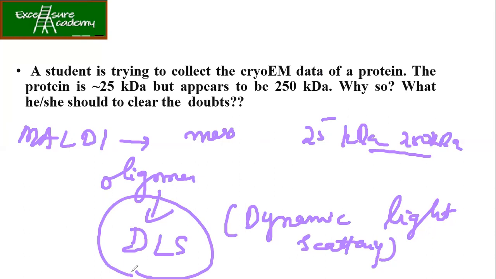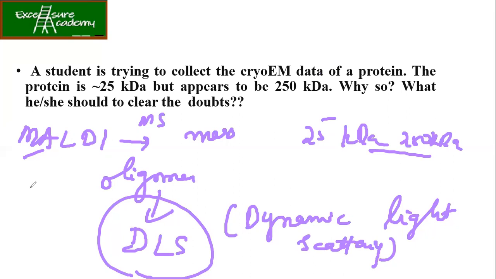So guys, if possible, try to make short notes on all these four techniques which I have mentioned. Of course, you should know what native gel is. You need to know about gel filtration chromatography, also called size exclusion chromatography. Then we have MALDI-MS, that is mass spectrometry. All these techniques you should know thoroughly, and of course about DLS. DLS will also talk about the radius of the protein, for example if it is a globular shape. So what is the radius?